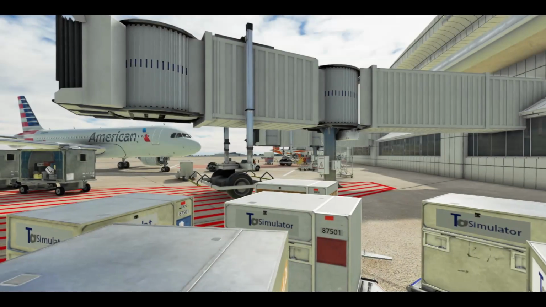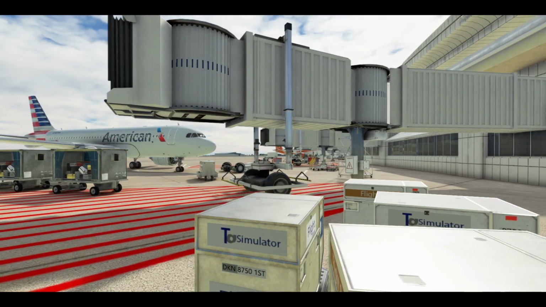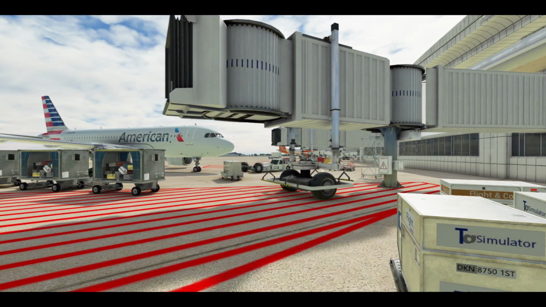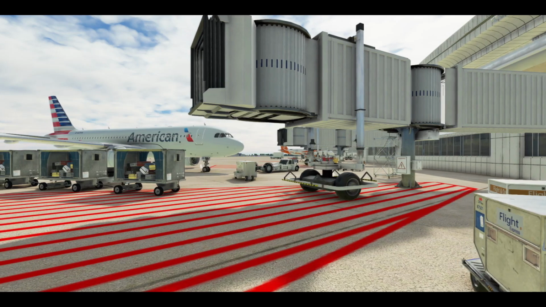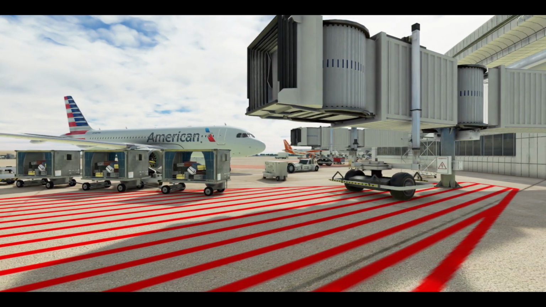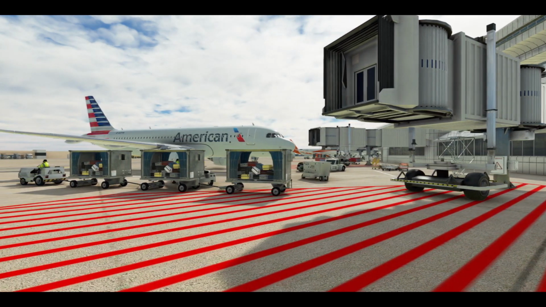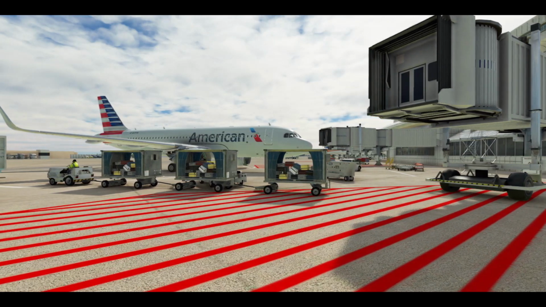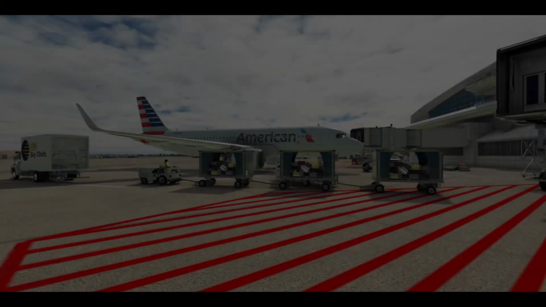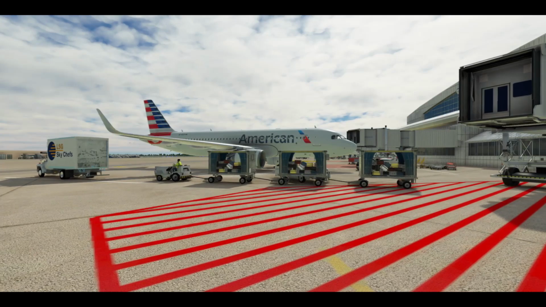Hey guys, Pilot Stud here and welcome back to another video. Now today we're taking a look at this rather inexpensive payware add-on that does increase the realism of your simulator by adding realistic ground service vehicles, from your catering car to your pushback tug, to the sim. Now this is the North American version, meaning that it adds these ground vehicles to the USA and Canada, not anywhere else. This cost me £7.50, which to be honest isn't too much for a Microsoft Flight Simulator add-on, but